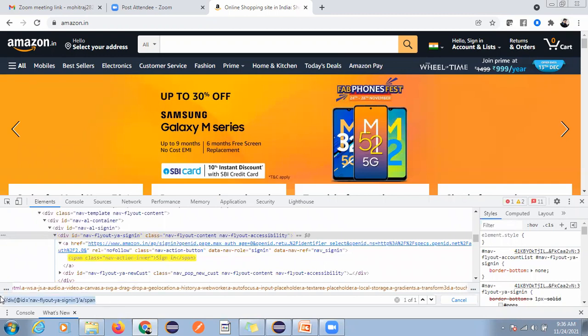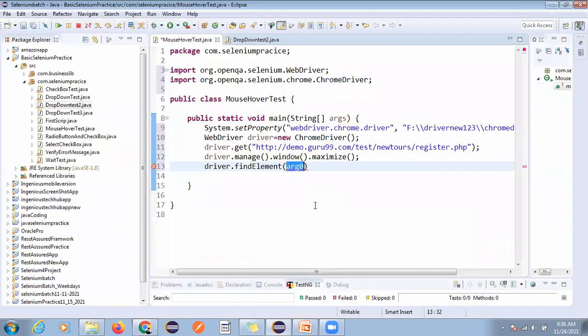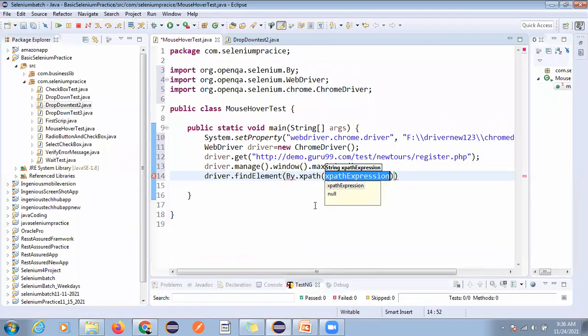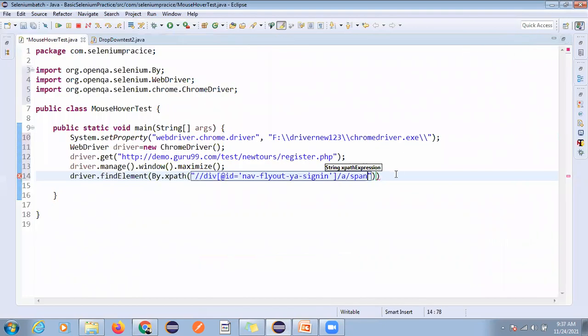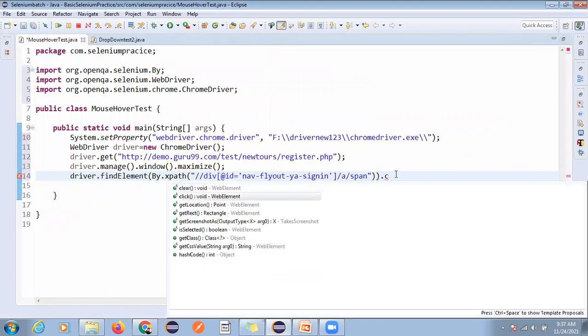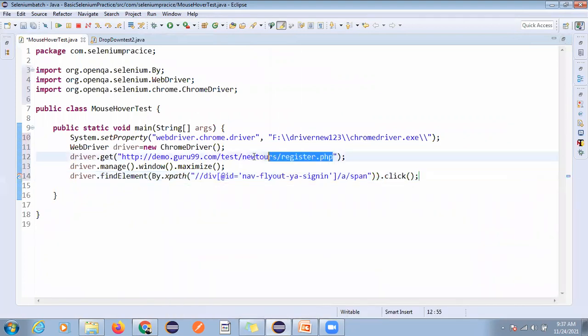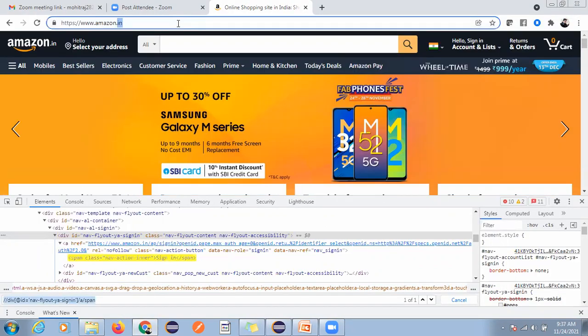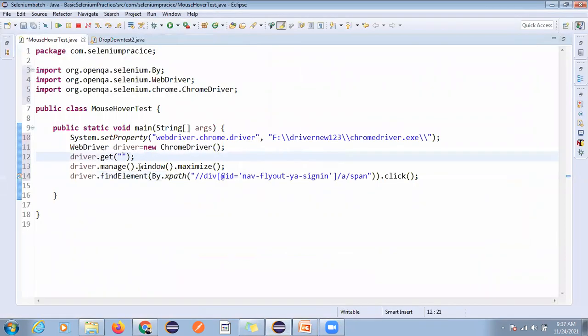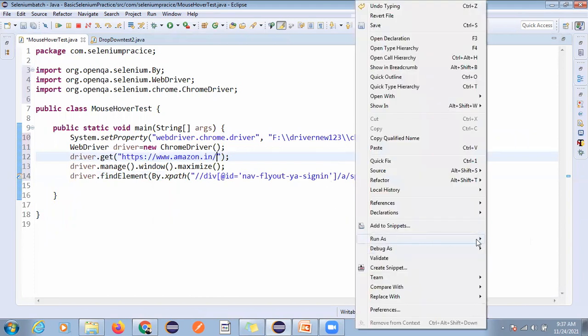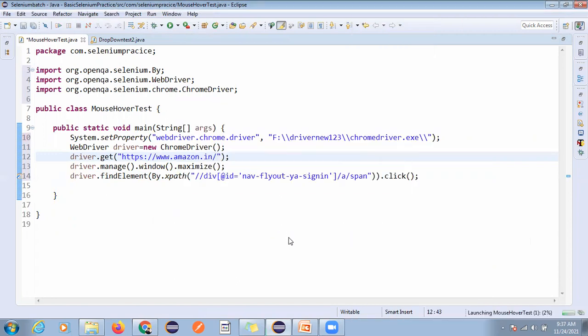okay. So now I will try to click on that by xpath. Maximize, then click. And now I will change this URL as well. If you execute this code, you can see what happened.